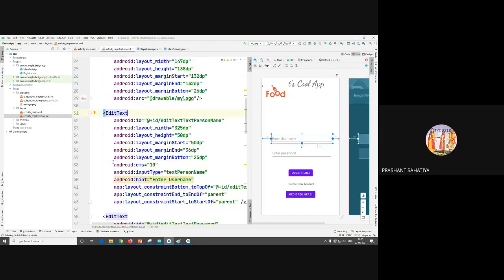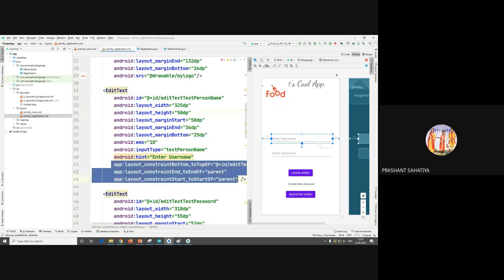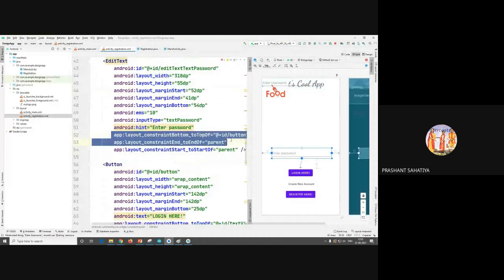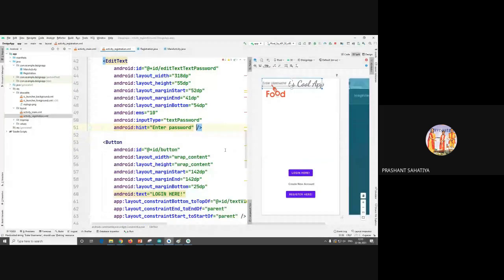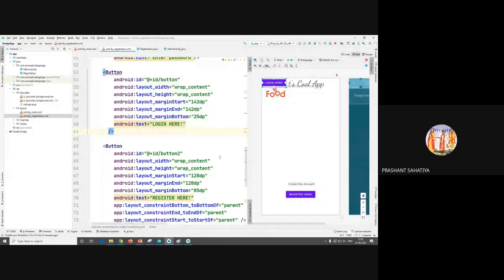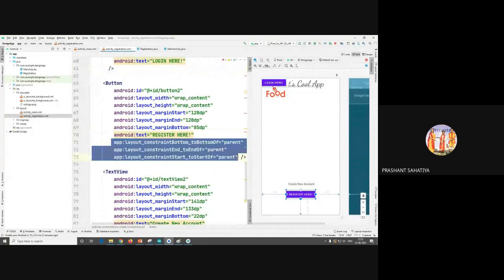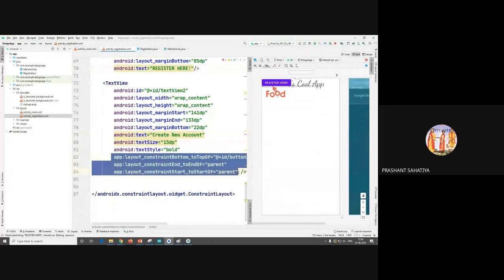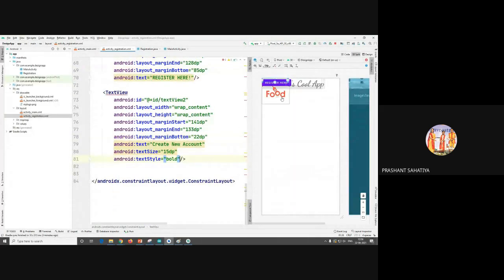Yeah. So I'll remove the constraints for now. And if I'm not removing constraint, it will be disturbing me. That's why I'm removing it. Okay. So everything is going at the 0 position. You can see. Right? And the last one, that is this portion. Okay. So one by one, I'll be doing it.